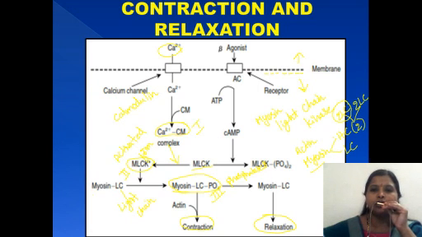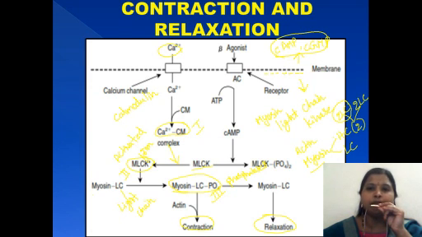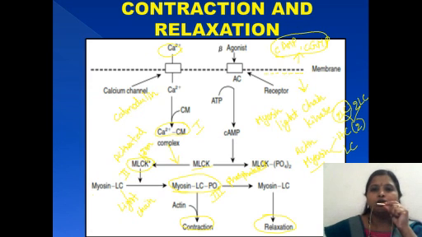Now, in this contraction process, there are two particular key modulators which are called cyclic AMP, CAMP, and cyclic GMP. So, the cyclic AMP and cyclic GMP mainly help in the vasodilation process. So, let us see one by one how the cAMP and cGMP are helping in the relaxation process. If I have to explain the cyclic AMP role with the help of a drug, let us take any beta agonist drug, and this beta agonist drug, once it passes through the membrane, through the receptors,